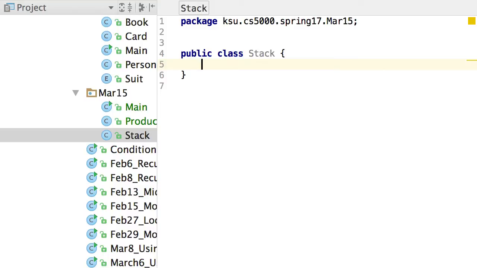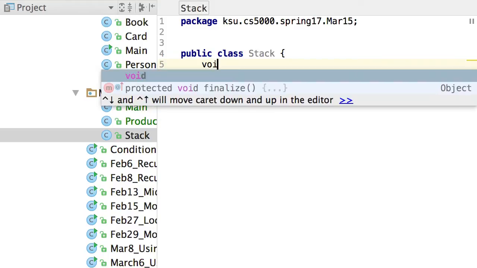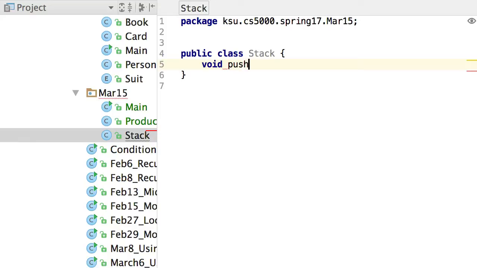I can add an element, and that is called pushing. I can remove an element, and that is called popping. Like if you think of a stack of plates in a buffet, right? And then I can also ask what's on top. Does that idea make sense? So let me just call these things void push int n, void pop,